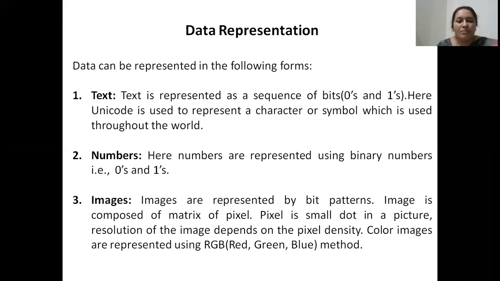But how does the computer or the computing device perceive this information? How does the computer network or the data communication system perceive this information is what we are going to learn in this particular topic. So basically, we learn how these 5 types of data are represented on a computer network. So when it comes to text and numbers, text is just the alphabetical data, basically in any language which you are comfortable, you can communicate your text.